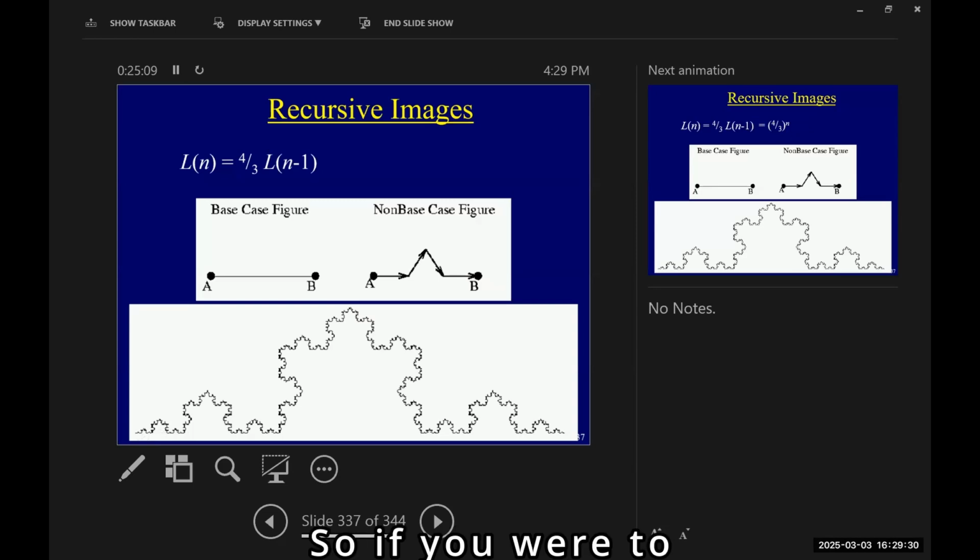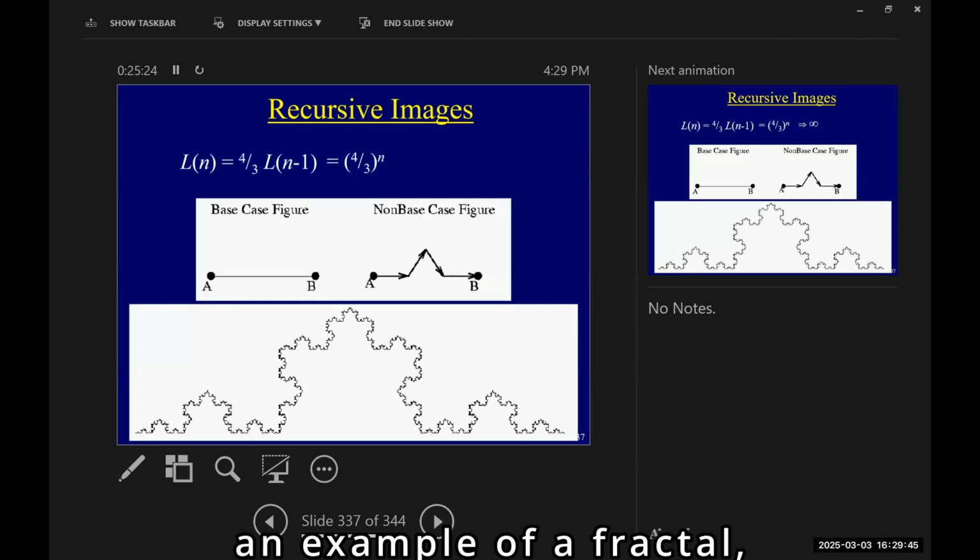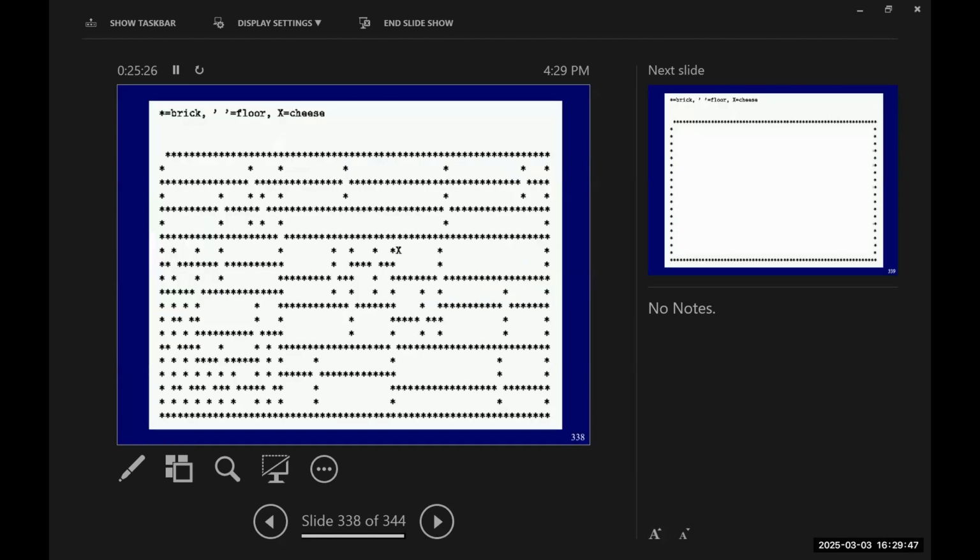So if you were to have n go to infinity, how long would this line be? It'd be infinite, right? It'd give you this infinite line. And that, of course, is an example of a fractal. All right? This might not have been all my first term. Maybe some of these I gave my second term. All right, so we